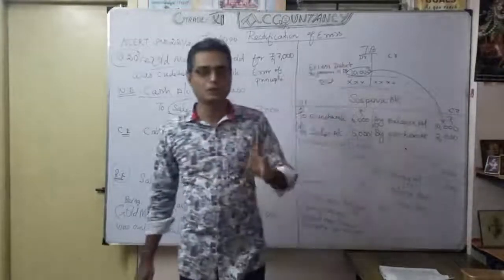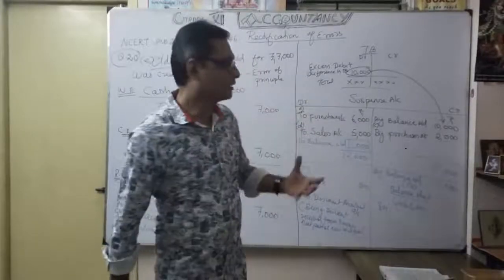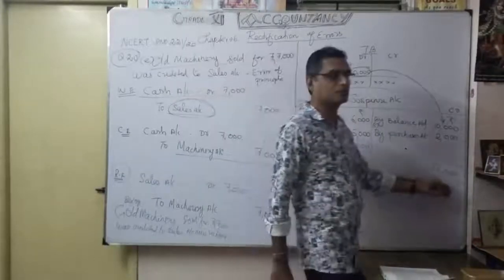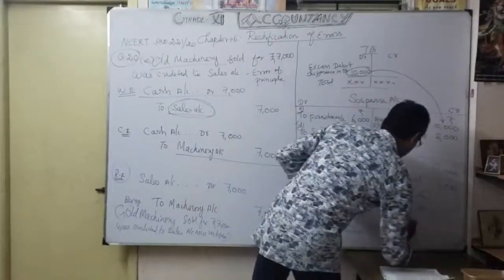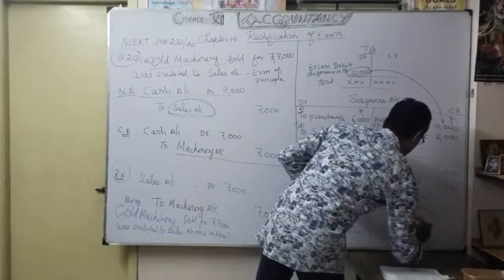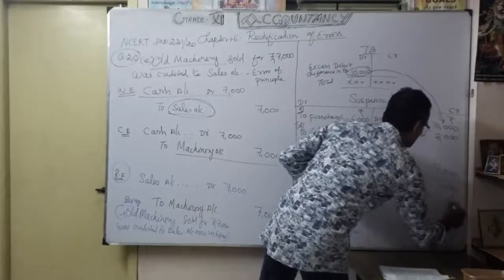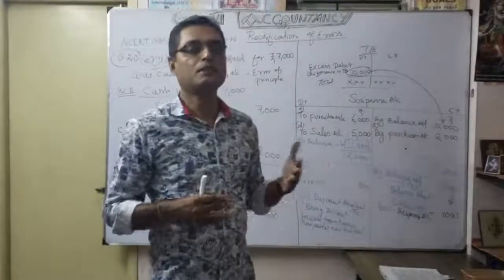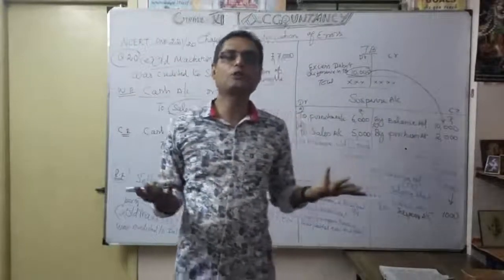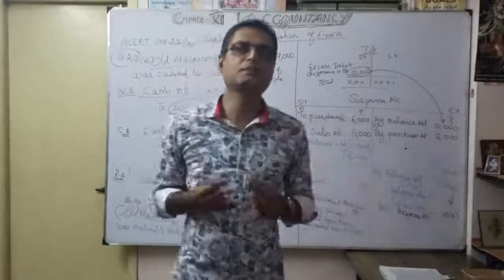Okay, suspense account. So any suspense account balance, how are you going to give the effect? Any credit balance of suspense account, I'm going to show in the balance sheet, liability side, as suspense account 1000. Suppose it is a debit balance, where are we going to show it? I want to show it in the balance sheet asset side. You understood? That's what we discussed in our previous session.